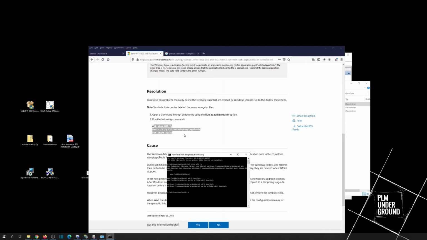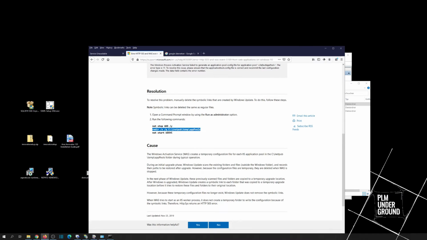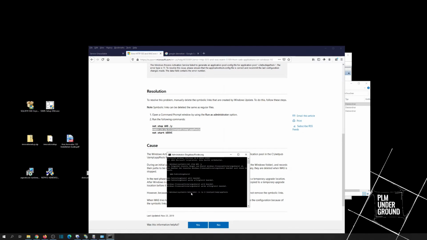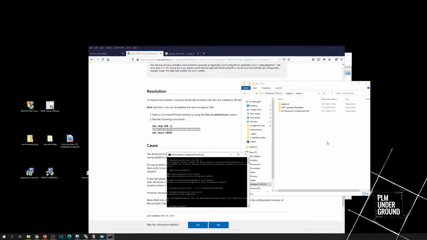Okay, then remove the directory. And it's gone. And then let's net start w3, not v3. English language is not so easy. Okay, and you see right now its app pools folder reappears, and I hope it now repaired itself.